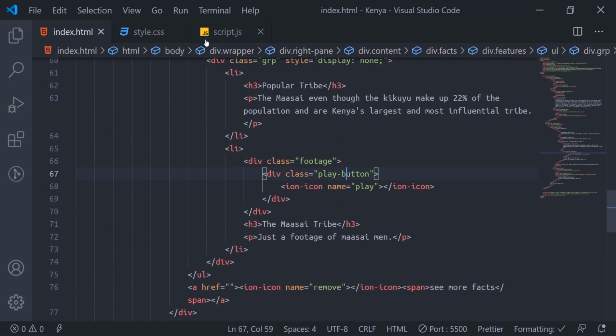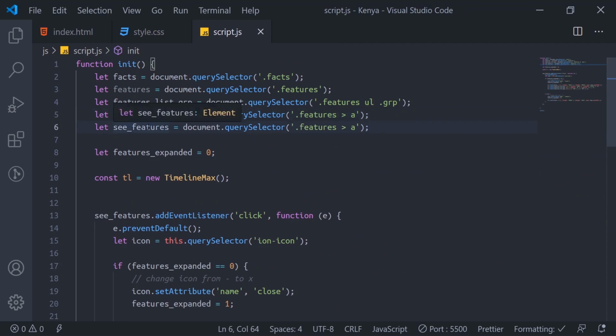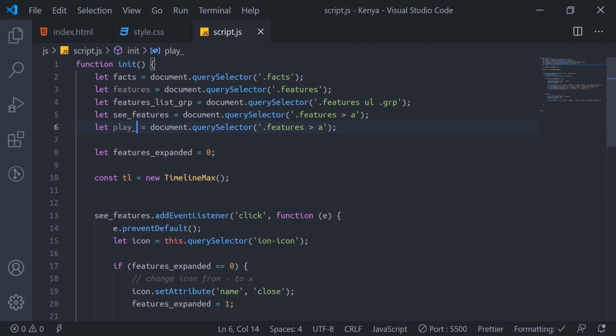This play button we will target. So I'll go to my code here. I might just duplicate this one. The first thing I'll do here, I'll say play button. I'll just target the class, dot play button.